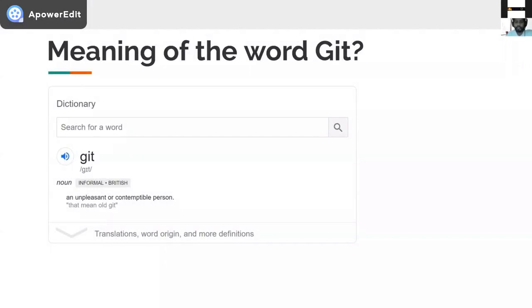This is the Git Basics webinar, so let's start by understanding the meaning of the word Git. If you look at the dictionary, it says an unpleasant or contemptible person, basically an angry old man, the simple meaning. The name actually suits the tool as well, because if you don't learn the basics of Git upfront, it will be hard for you. So you will be angry. Not old, but you will be angry if you're not aware of the basics.